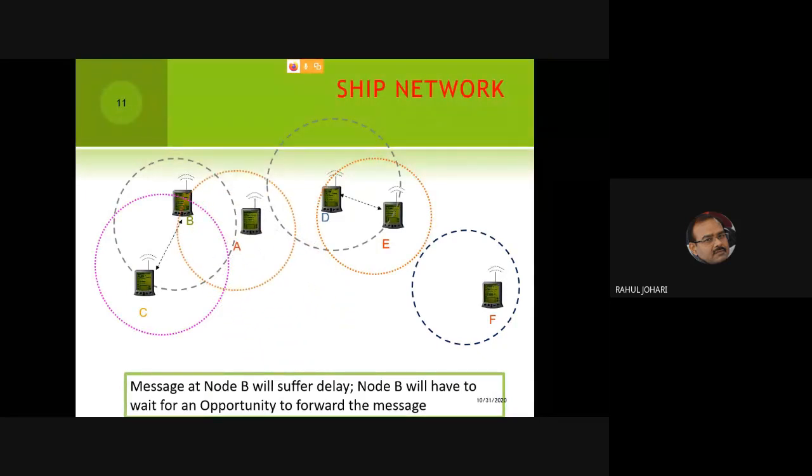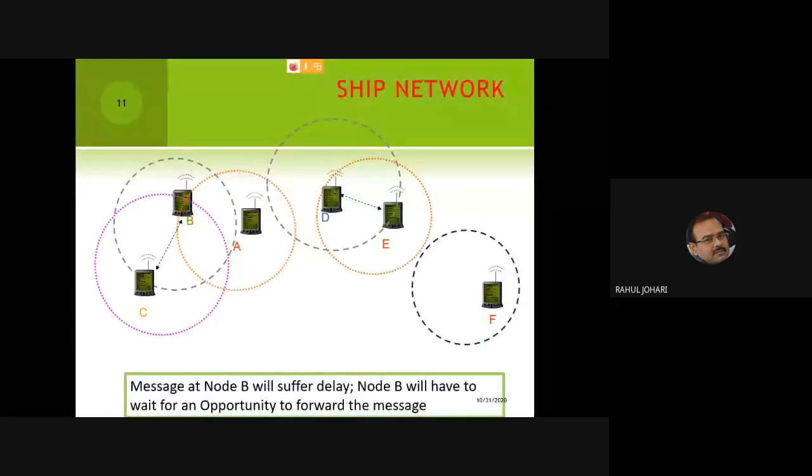Now our good old node A comes to the rescue of B. If you look at this scenario, an overlapping transmission range now exists and the nodes are in connectivity with each other. So now B can forward the message to A and A can forward the message to D. The broken connectivity is now repaired, for a duration of time, because node A was moving. If I'm a pedestrian, I'm moving very slowly. On a social network, my smartphone is carrying messages and I can be a good transmitter of the message because I'm a pedestrian.